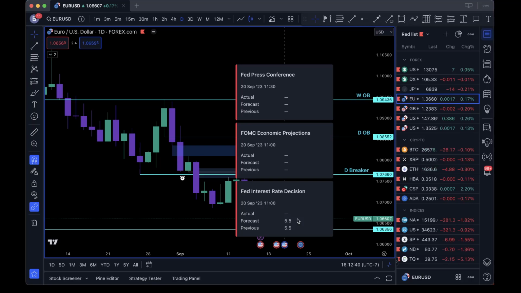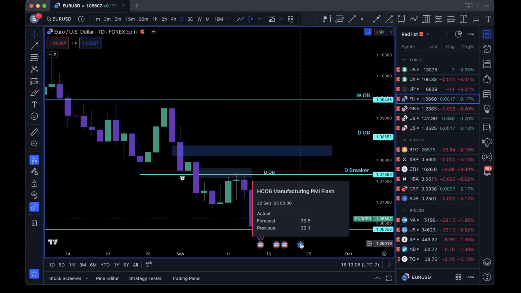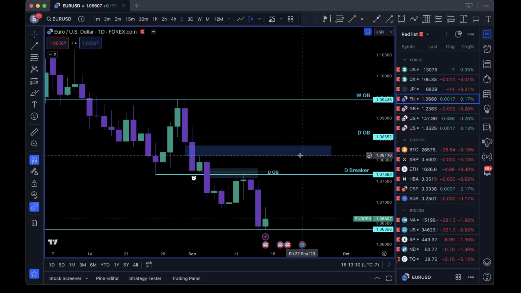Yeah, that's Wednesday. So again, last week we had CPI out on Wednesday, and the market just kind of chopped around until that came out. And actually, it chopped around then until Thursday when PPI came out. Now, we could have a similar scenario this coming week where Monday and Tuesday, the market's really not doing a whole lot. It's really just holding its breath to see what happens with this Fed rate decision. So that's what we have coming up this week. I'll definitely be on for that. HCOB manufacturing PMI. So we've got some Euro PMI coming up this week.